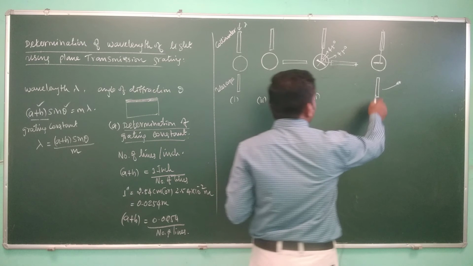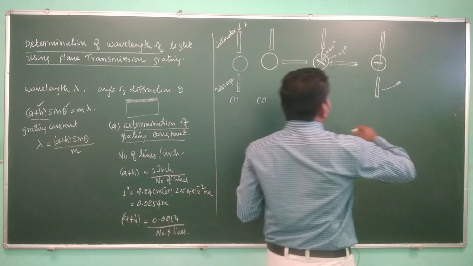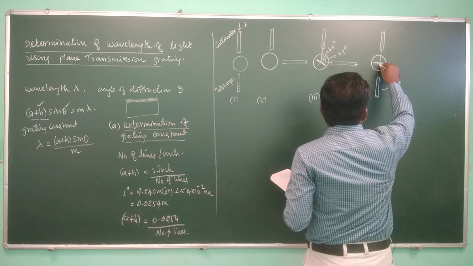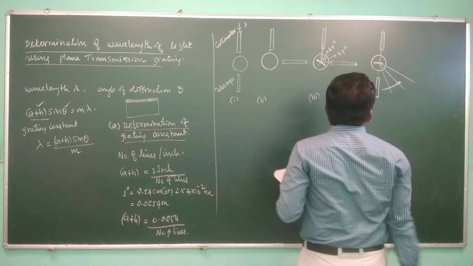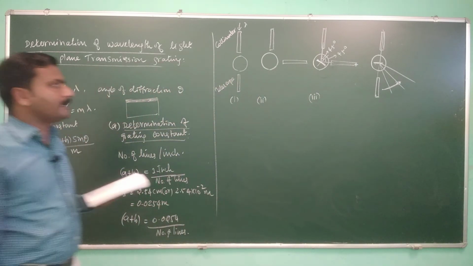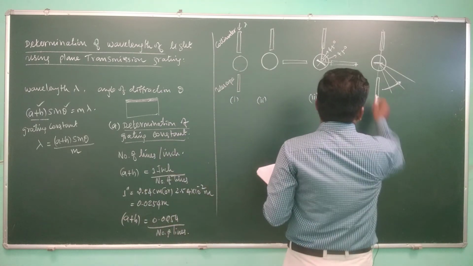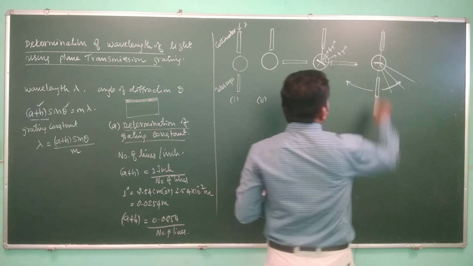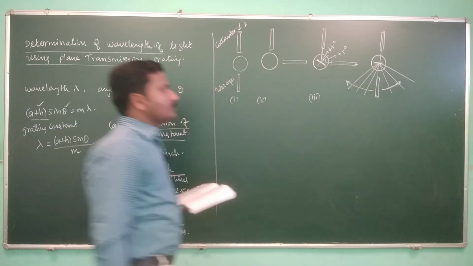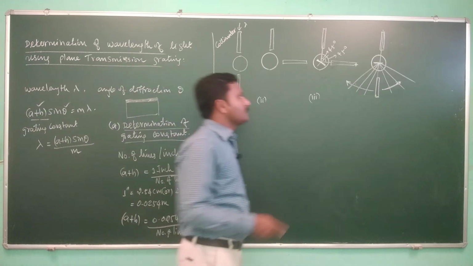You can also get a central bright line when you are looking at the direct light. And if you move from the direct view to the right side, we will get the diffracted light rays. The first bright spot will be the first order light, the second bright spot will be the second order maxima, and the third will be the third order maxima. The similar observation can be made by moving the telescope to the left side as well, where we also get the first order, second order, and third order maxima likewise.